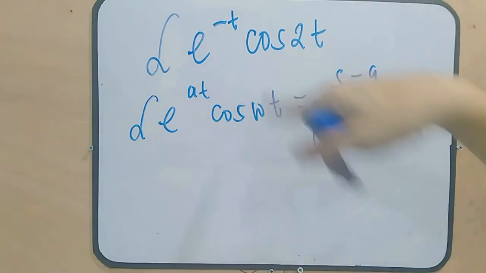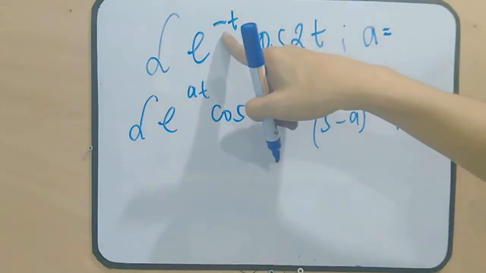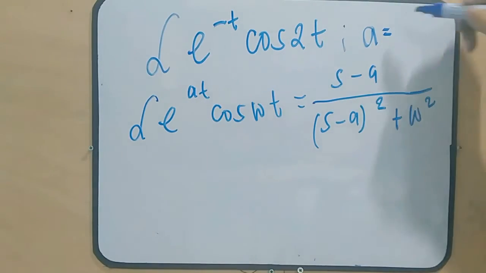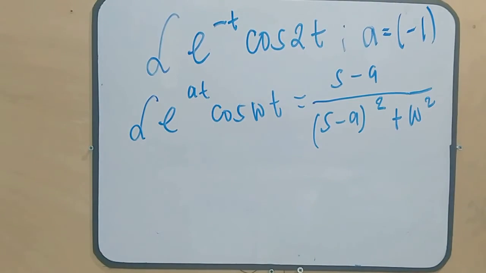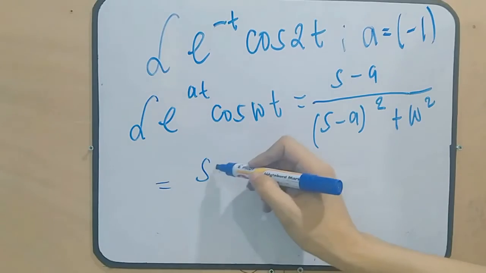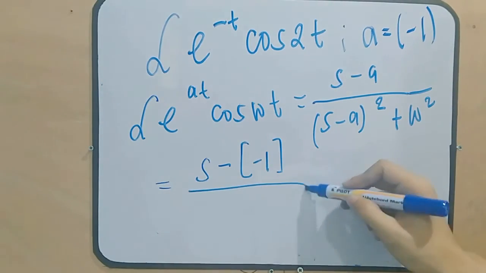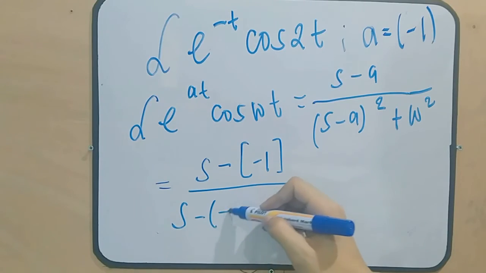Now apply natin guys yung formula. Now here, ang A natin is, we have here negative T. So ang A natin, constant coefficient is negative 1. Now apply natin dito guys. So this is just equal to S minus A. A natin is negative 1, all over S minus negative 1